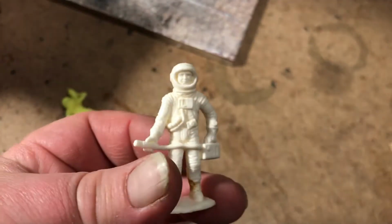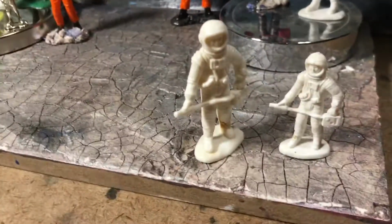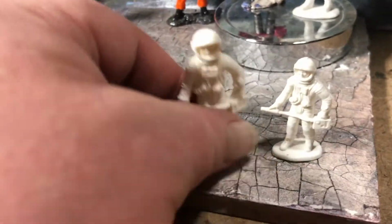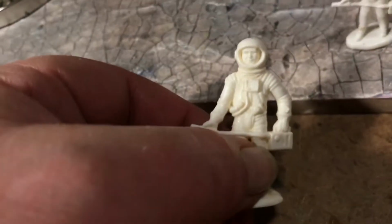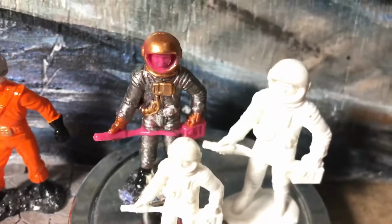Thought this guy was one of the downsizers from the processed plastic rocket sets. Yeah, I mistakenly thought he was a downsizer there, but I'd wanted a white one to paint. Ash, can you see this? There's a pink one that I'd painted